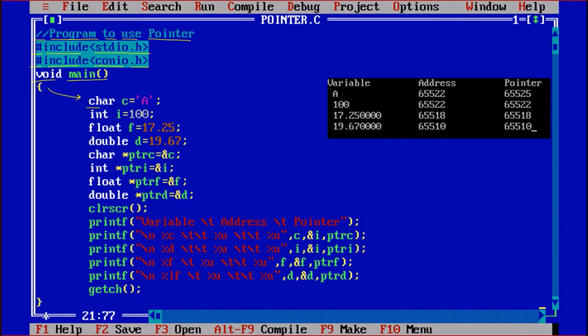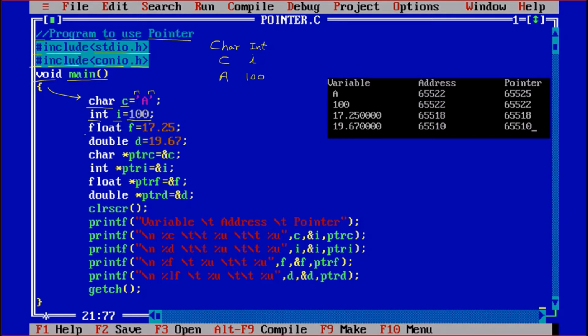Now char c, so a character variable c is declared in the memory, and we know that character values come inside single quotes. So we are saying equal to 'a', that means the value a is stored inside the character variable. Then we are saying int i, so one more variable i of integer type is declared, equal to 100, so the value 100 is stored inside that.